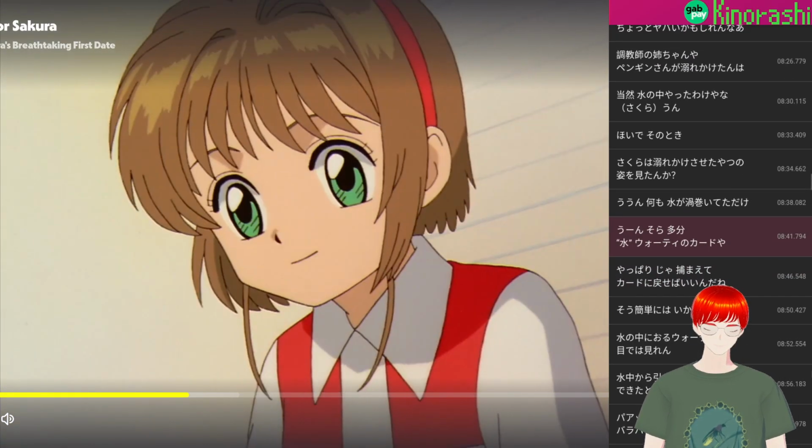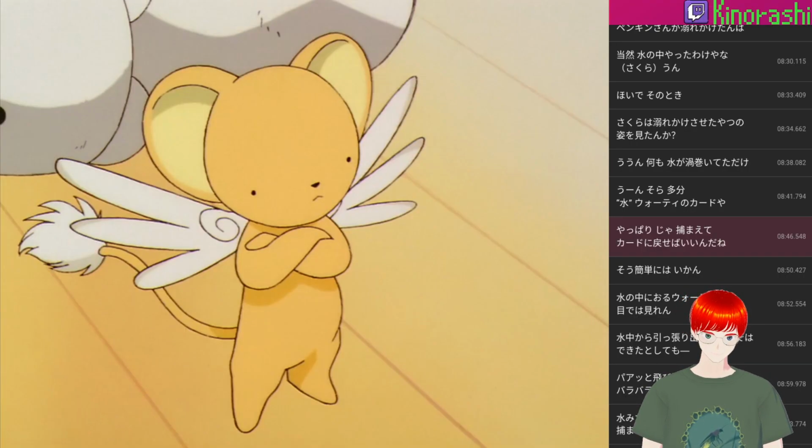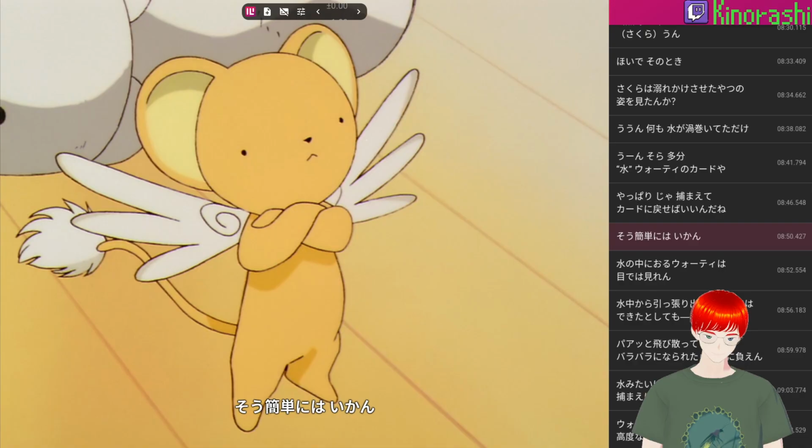ウォーティーのカードや。やっぱり。じゃあ捕まえてカードに戻せばいいんだね。そう簡単にはいかん。